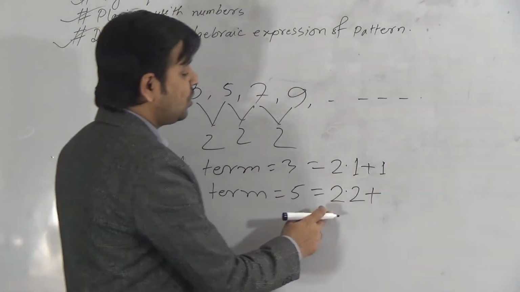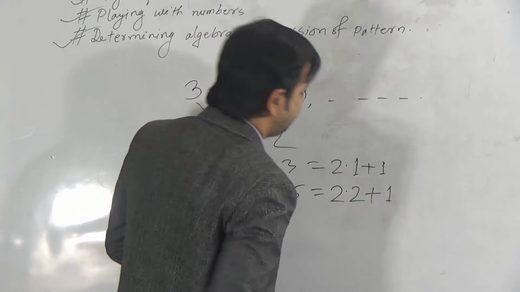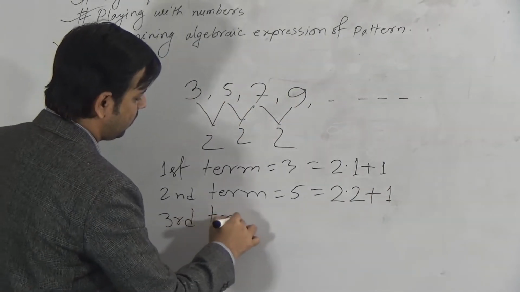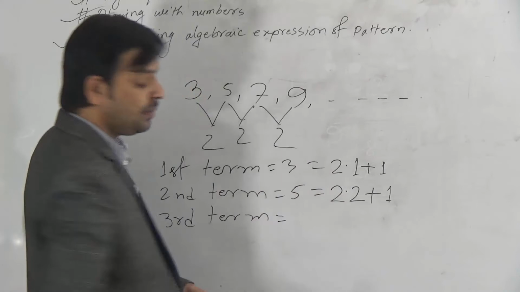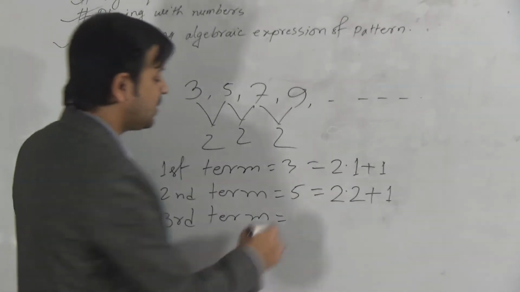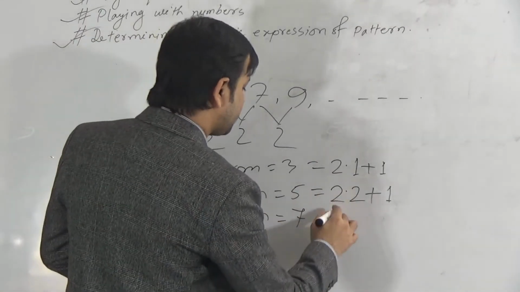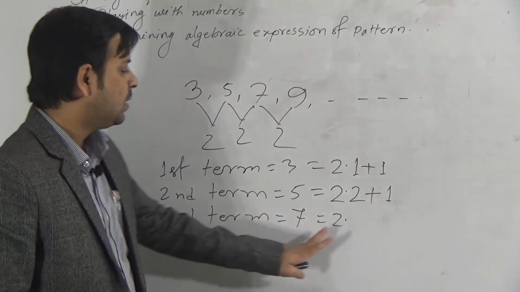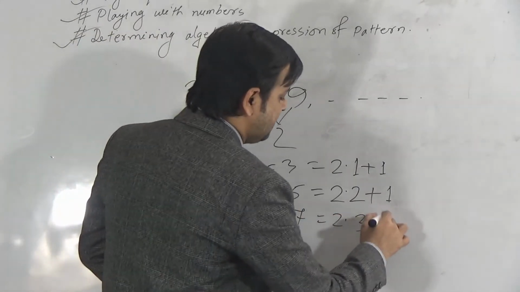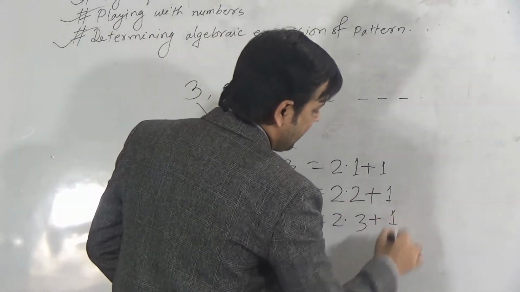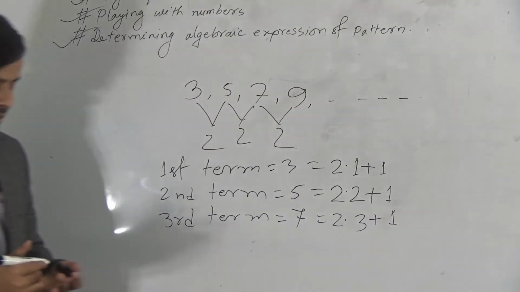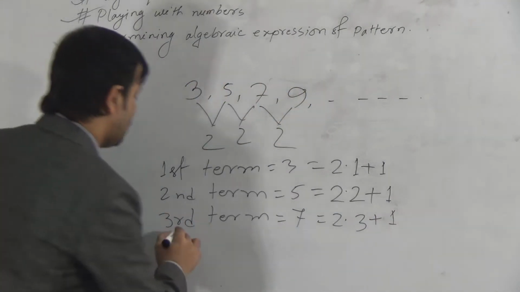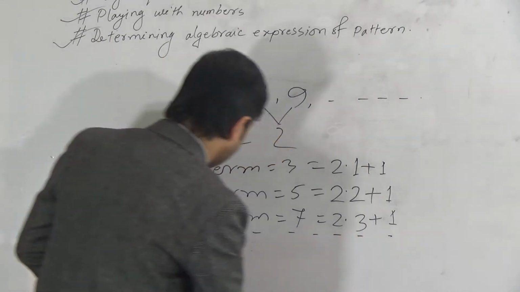Now 2 2s are 4, so we need 1 to get 5. Now third term. What is the third term here? The third term is 7. Take the difference at first, then the number of term is 3 here, and if you add 1, you will get 7. Okay, dear students, from this we can say when we go to the nth term,